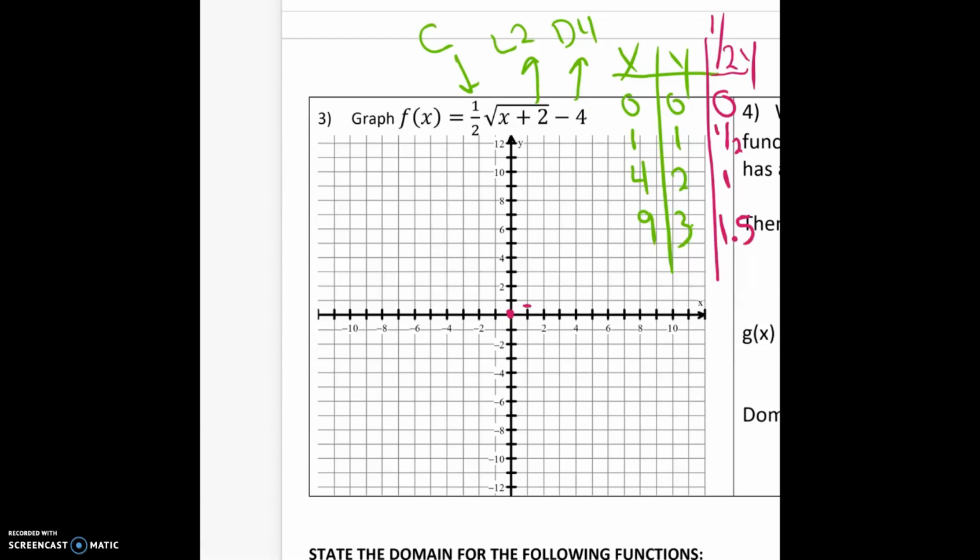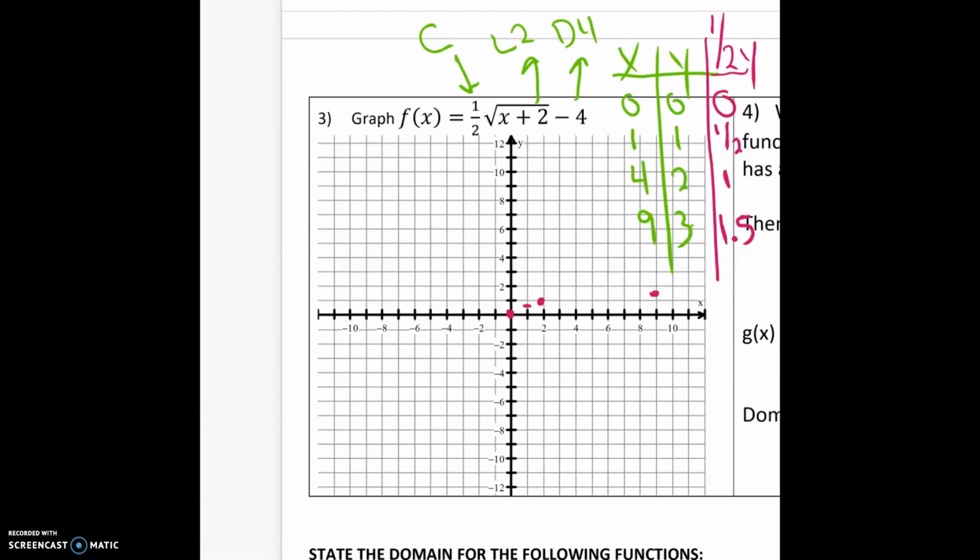That's about 0.5. Here's (2, 1). And then (9, 3) becoming (9, 1.5) is about there. So you can see it's compressed. It's definitely flattened out from the parent function, but now I'm going to take them and go left 2 and